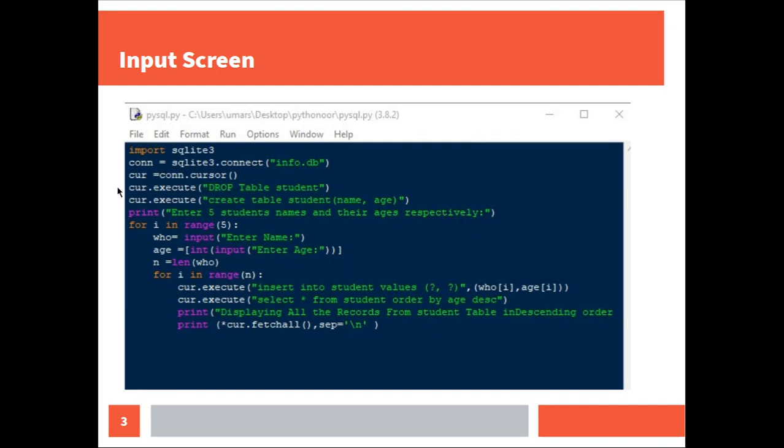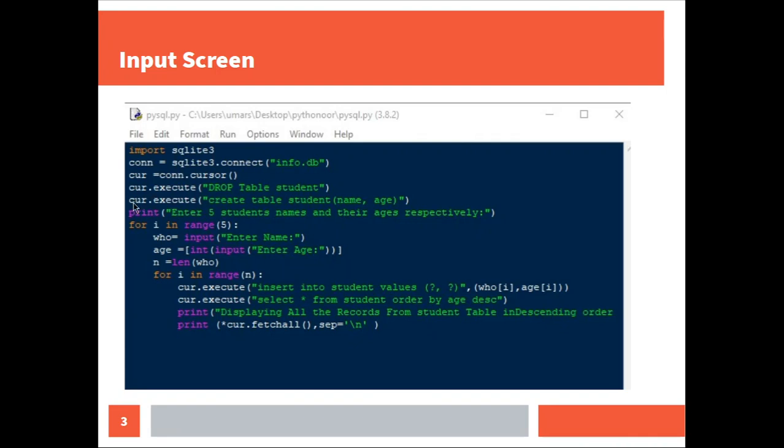So that is why this statement is used, cur.execute of drop table student, because once you run the program the table will be created, and then you can see the execution of the program. Then again we have to create the table. So once the table is existing, we cannot create it again and again. So that is what here we can use this cursor hash statement. Hash variable can be used over here. Hash symbol is used to make it a comment, and then we can run the program many times as we wish.